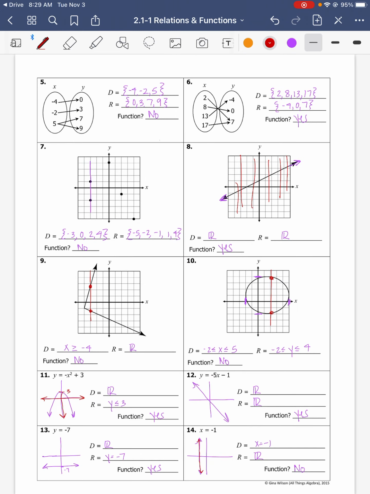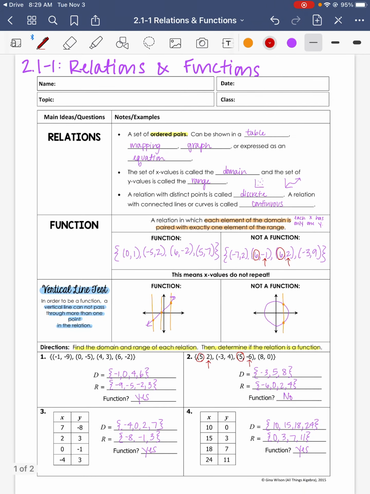So it definitely hits more than once. So this is not a function. All right, and that concludes your